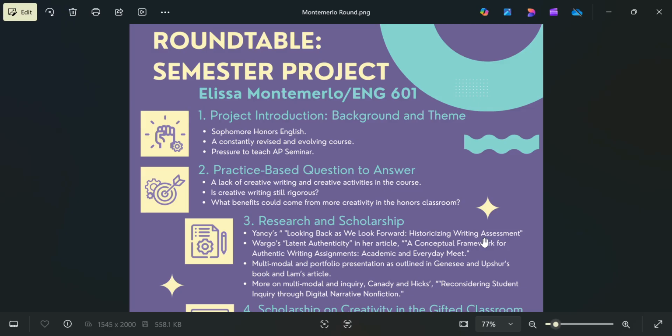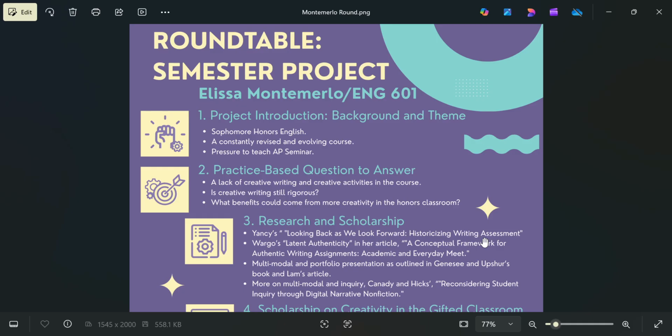Currently, there is very little creative writing in my course in its current form, and we never do personal narratives. That's usually reserved for senior year. It just doesn't seem to fit in with the required reading and writing of the course. Most of our writing activities center on literary analyses, work with literary criticism, and producing argumentative essays. I do often ask my students to write reflections, which harkens back to our class article from Yancey. But these activities are small and short, as I usually ask students to reflect on the writing projects they've completed or group work.